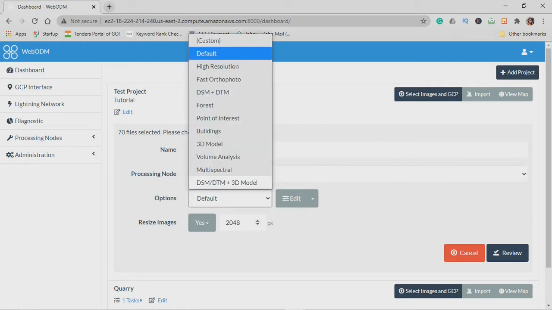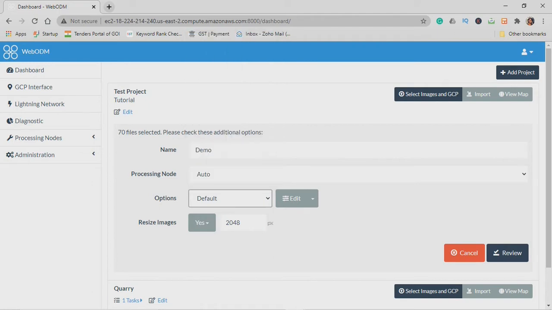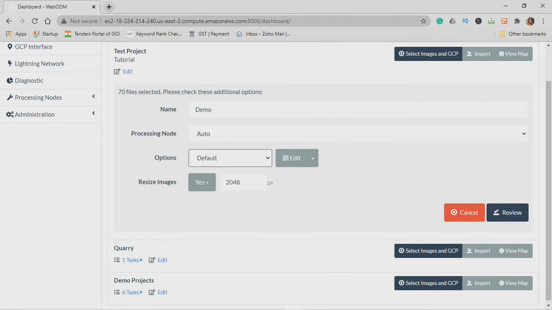There are multiple options, but for now let's just go with the default and see what output it will generate. Okay, resizing images, yes, resizing it to 2048 pixels. All right, I'm confirming it.